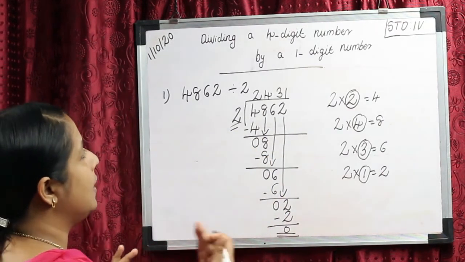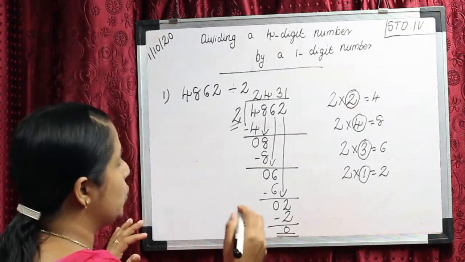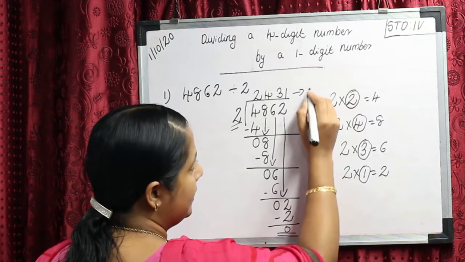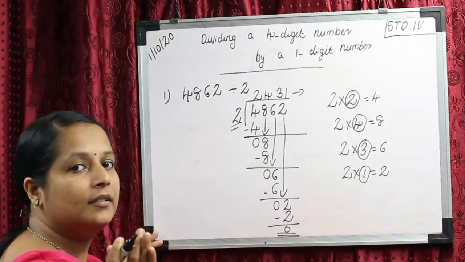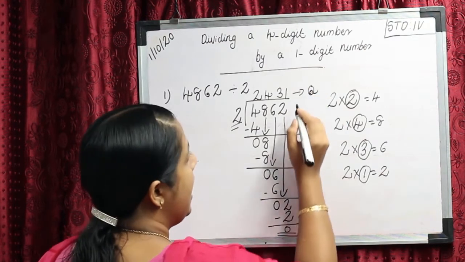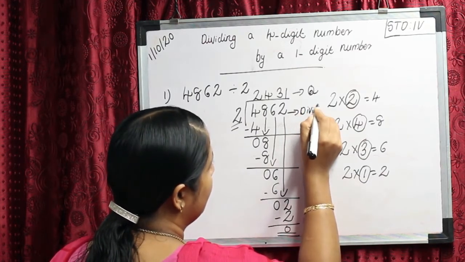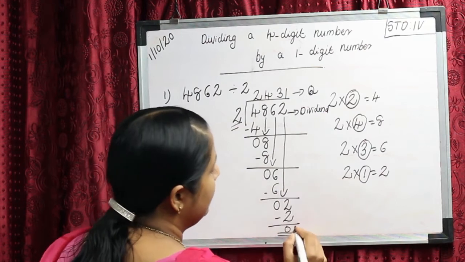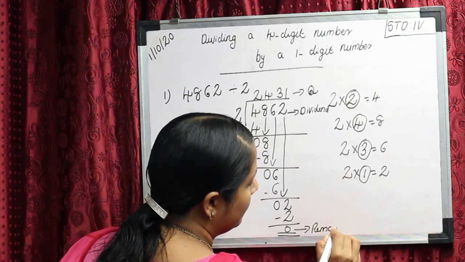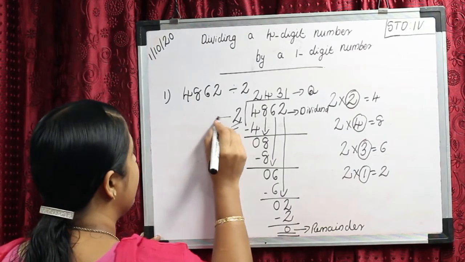Then the next step is to check whether our answer is correct. Before that we write the quotient, remainder, etc. So is 2431 the quotient or remainder? Yes, quotient. So 2431 is the quotient and the bigger number is the dividend. Then the remaining number is the remainder. And the number we use for division is our divisor.